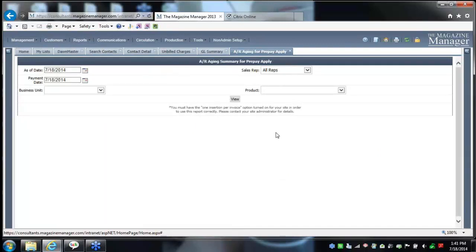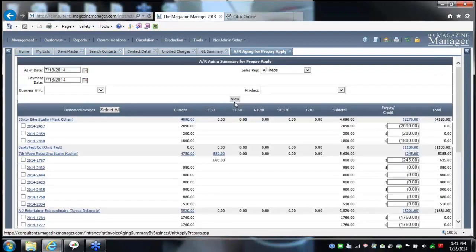But what this does, for those of you that accept a lot of prepayments ahead of time, so I'm assuming what you guys do is you're always going to take the money whenever they're willing to pay you. So you're going to take that prepayment and you're going to apply it to the customer account. In essence, it's deferred revenue. You haven't really earned that yet because you haven't even invoiced because the ads or the banners haven't even run yet. Okay? So once all that money is applied when you receive it, then I would suggest you run this